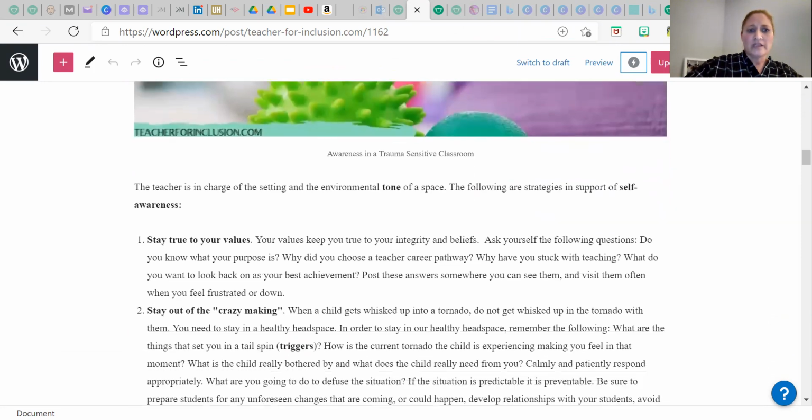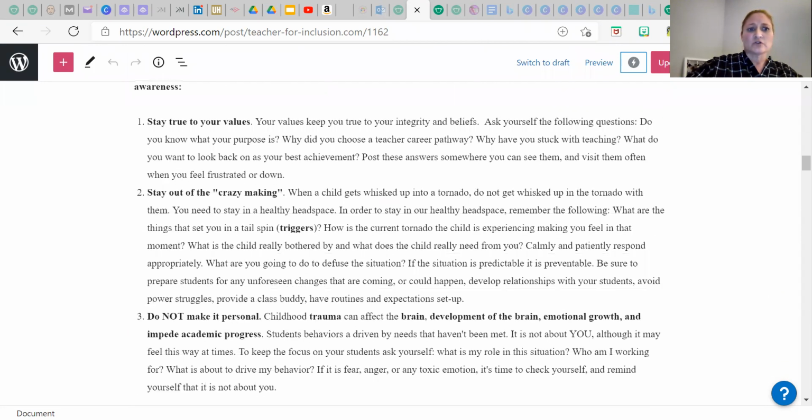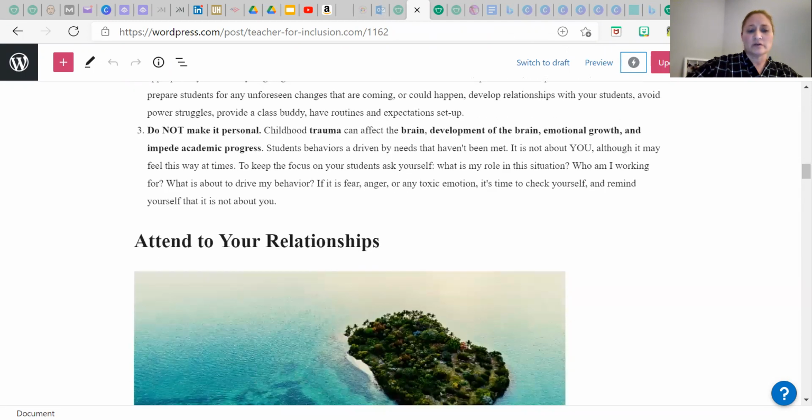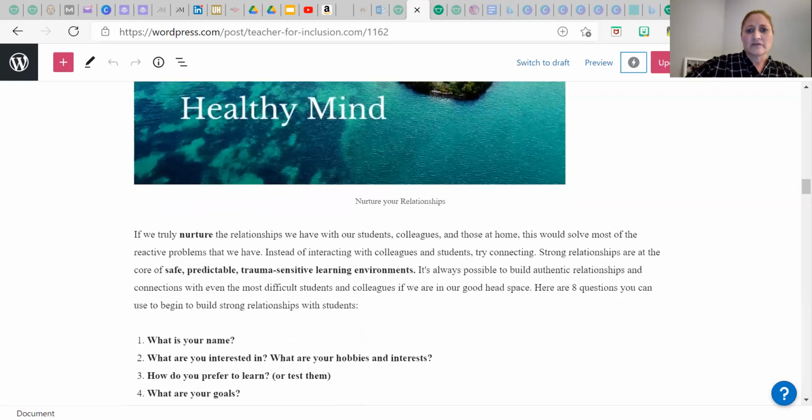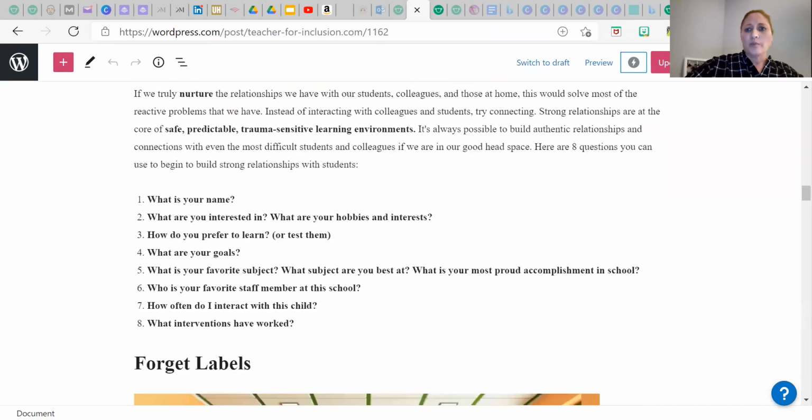I go through each of these. Like self-awareness: stay true to your values, stay out of the crazy making, do not make it personal. I talk about the different ways to cope yourself as a teacher when a child is experiencing trauma and has gone down the rabbit hole into that crazy making space, and how you need to respond to it.